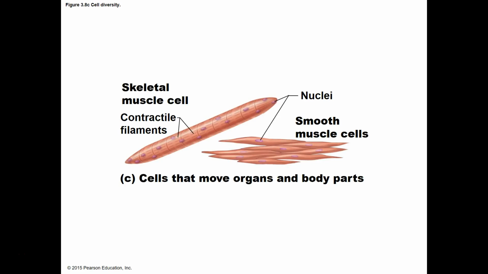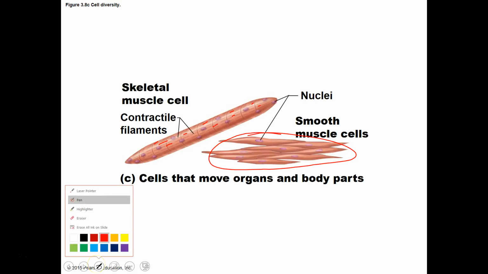Well, on the left we can see a smooth muscle cell, and the one thing that I want you to notice is to see the lines on a cardiac muscle cell on the left. If you can see these little lines going this way, they're called striations. So we call skeletal muscles striated muscle cells, and we can see over here there's no striations on the smooth muscle cells, so we call them smooth. Actually, cardiac muscle cells do have some striations, but because they're so unique in what they do, we call them cardiac muscle cells because they are very different from skeletal muscle cells.